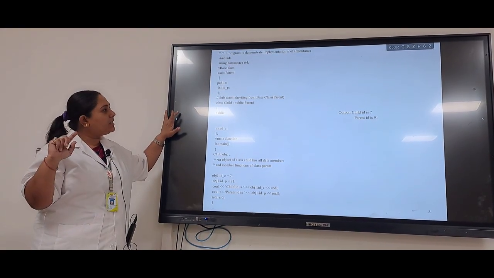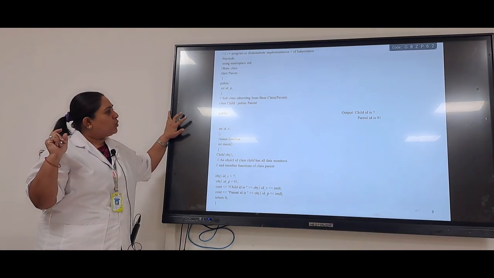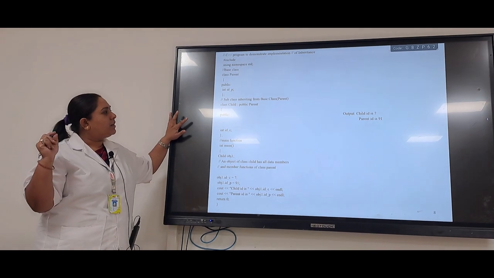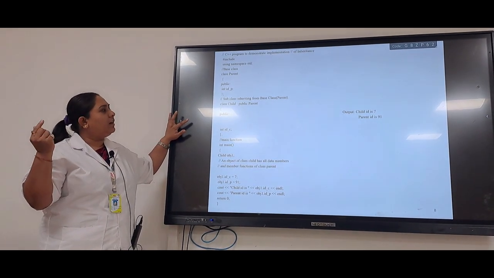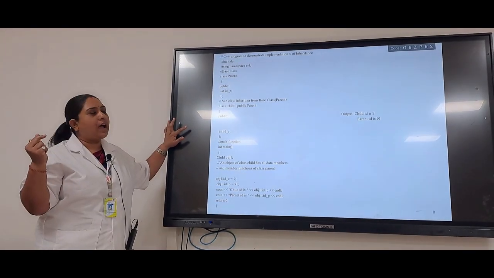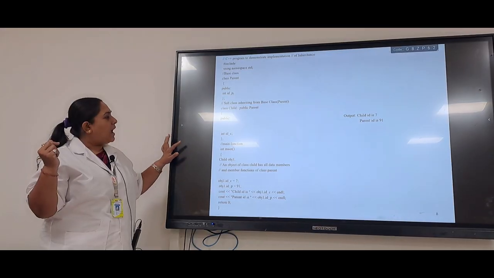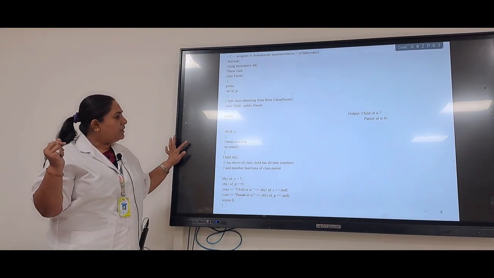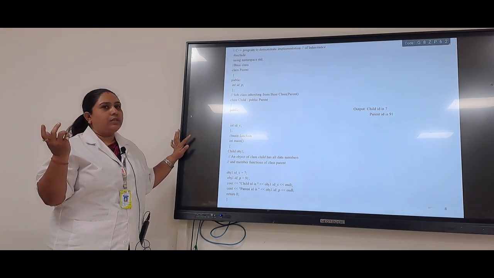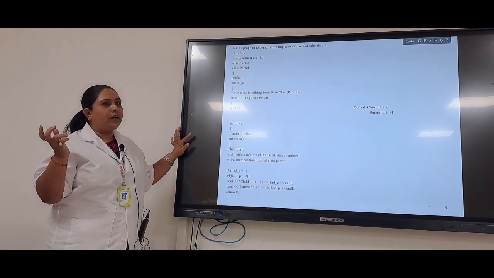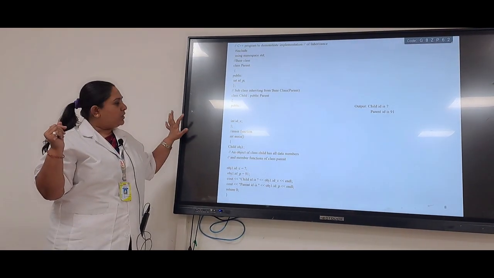So my derived class here is child and my base class here is parent. We can say that the derived class child is publicly derived from the base class parent. In my derived class, I have defined a public variable like id_c, that is the child id. With that I am closing my class.